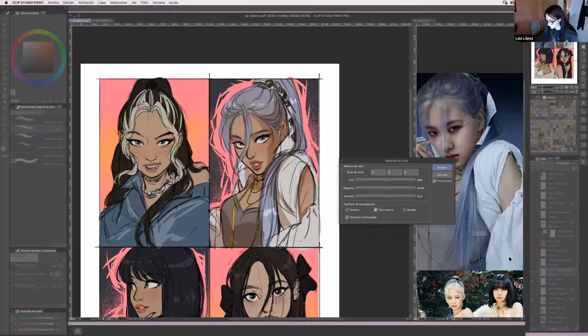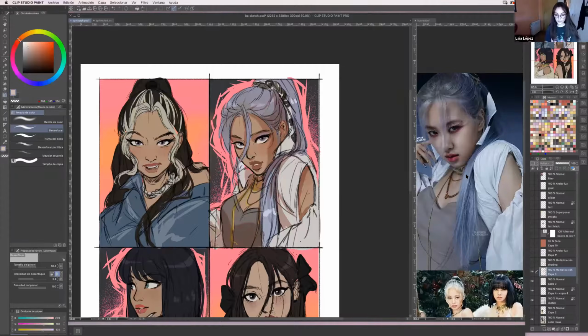If you want a yellow shading, I really like playing around with the values, and you can change it to whichever mood you want your illustration to have. But in my case, I really like this neutral, I still don't know what color that is. It's a really soft pink, coral, whatever.